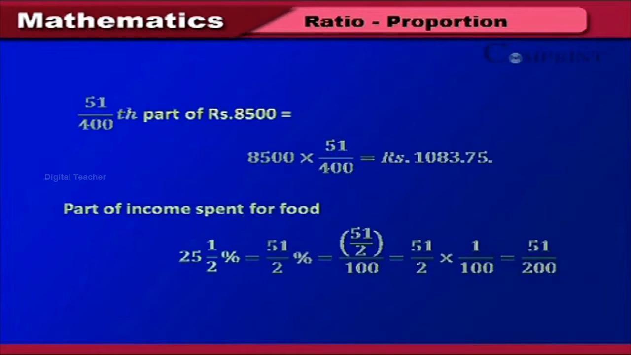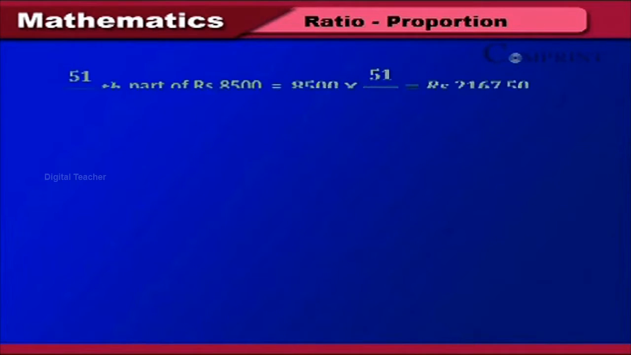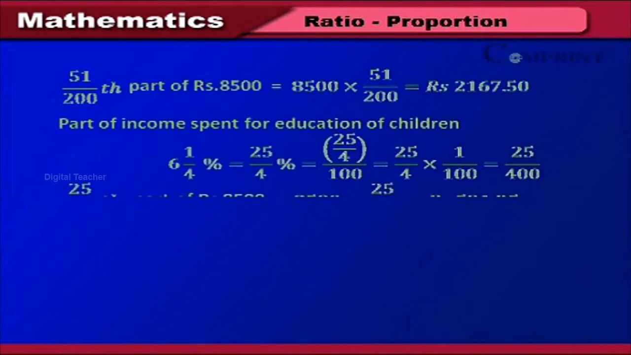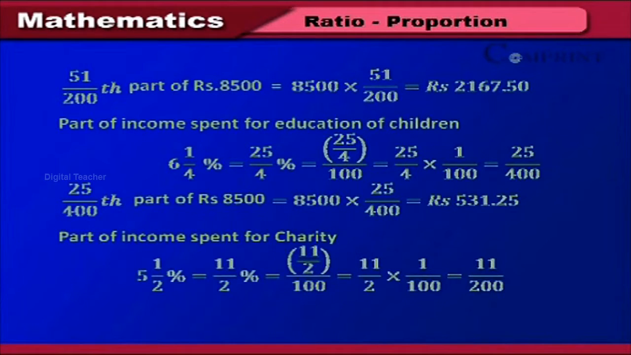Part of income spent for food is 25 1/2%, which is 51/2%, which is 51/2 by 100, which is 51/2 into 1 by 100, which is 51/200. 51/200th part of 8,500 is 8,500 into 51/200, which is rupees